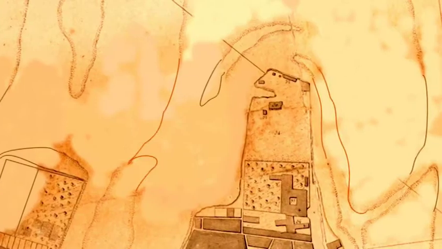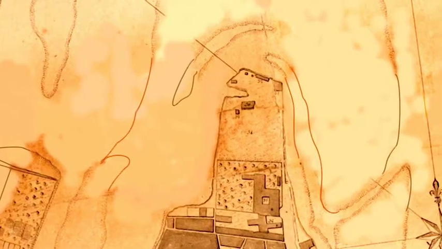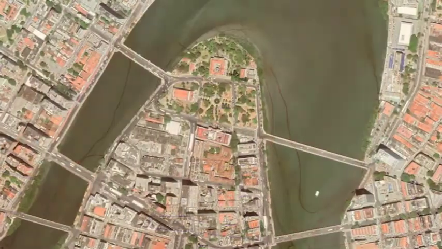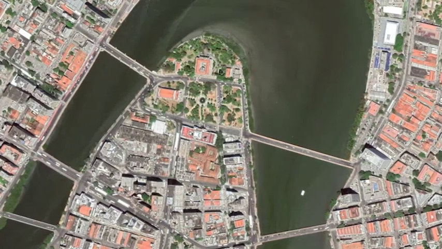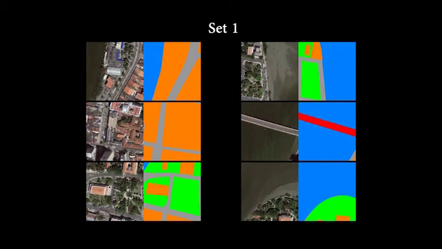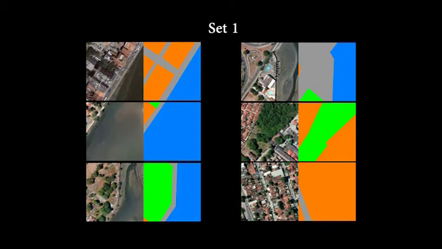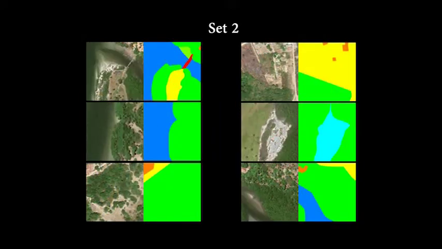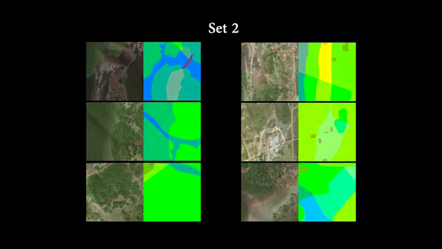For this work, we use a map from 1808 Recife, Brazil. Satellite images were obtained from Google Earth and were segmented by hand. We executed two experiments with different sets of inputs. The first set contains images of current-day Recife, hence a more predominantly city-style imagery. Thus, the urban setting is our label of interest. The second set covers more rural areas and natural landscapes from areas around Recife.